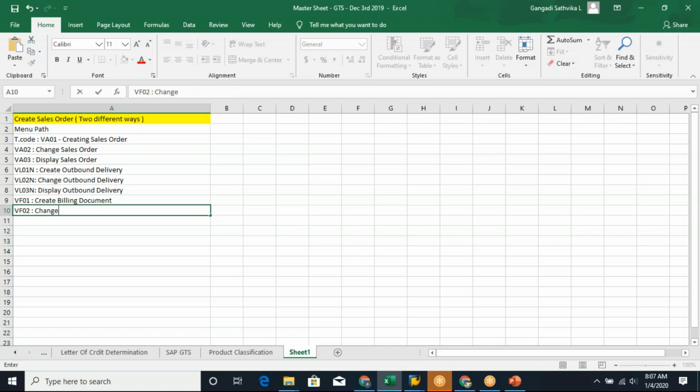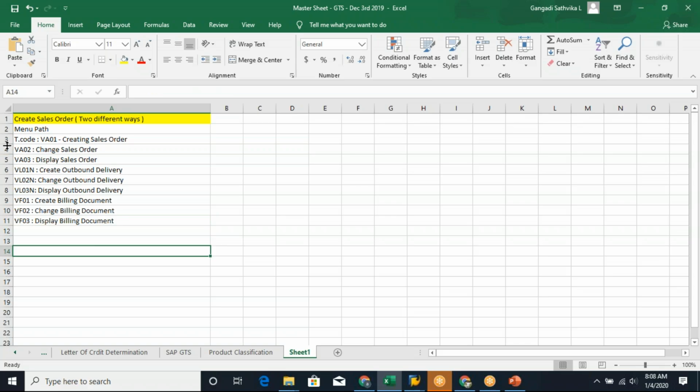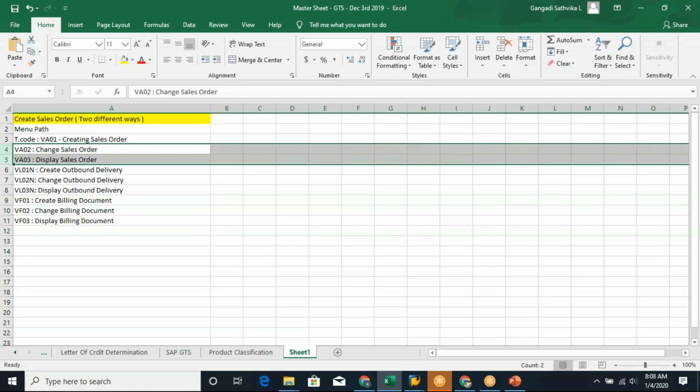VF02, change billing document. And then VF03, display billing document. So what you understood here, if you look at the sales order creation